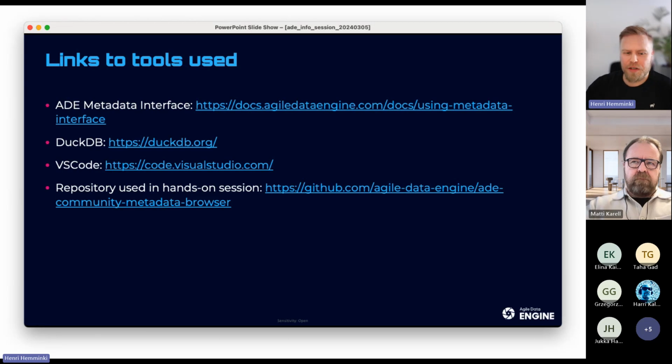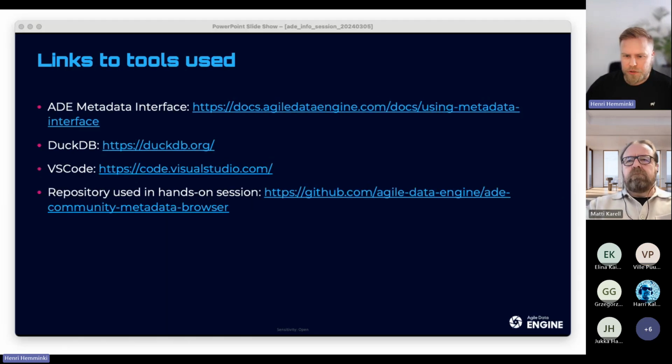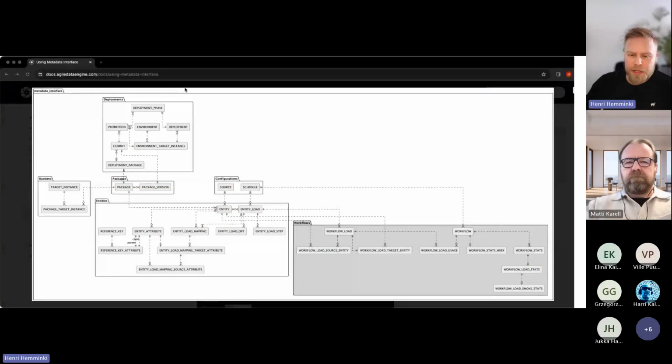But I only have really short introduction slides, and the main focus is on the hands-on stuff, like what's there in the metadata and how to query it. So just for future reference, there are those links to different sites. First I could switch to the metadata interface page from the documentation.